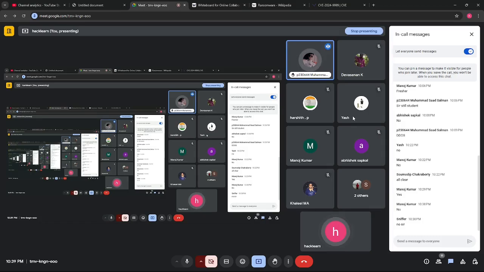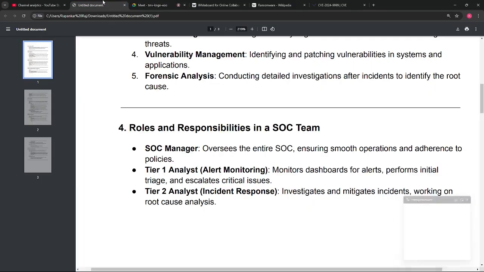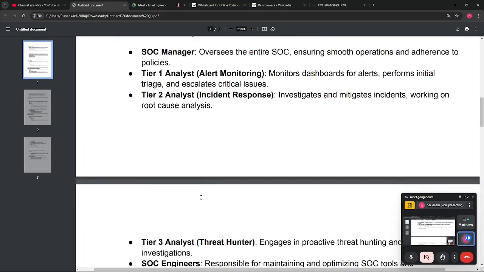SOC lies in blue teaming. Most of the time, you are protecting the entire infrastructure, so it's under blue teaming. If you are red teaming, you might be a penetration tester or ethical hacker in the company. If you are working as a SOC analyst or vulnerability analyst in a company, you might be working in blue teaming in that company. So that's all about that. Hope everything is clear. So let's discuss some more roles.